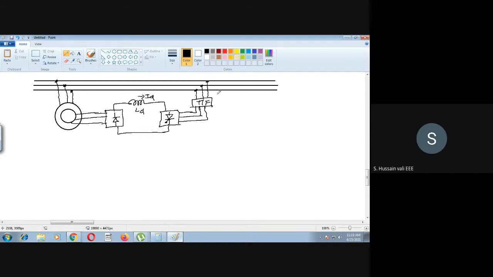Okay, now we will go to the feedback part. First of all, we need to give the firing angle here. Just remember, feedback in the sense of the base circuit. Then we will sense the speed here. All these are very common. This is a speed sensor. The actual speed will be compared with the reference speed. So plus minus, then you have some error. That error will go to the speed controller.